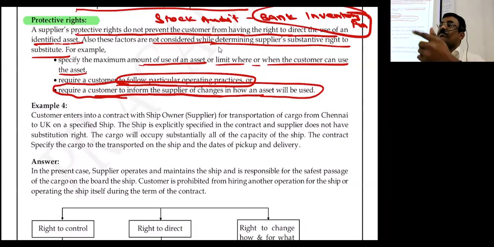Okay, in that case, I'm informing the supplier that I have to move to that particular room because I'm not going to handle recorded classes here. I will be handling those classes. So will that again be a protective right? Because I can't change it now. If I can't change the entire panel, or something is happening in the panel, then there will be a problem.